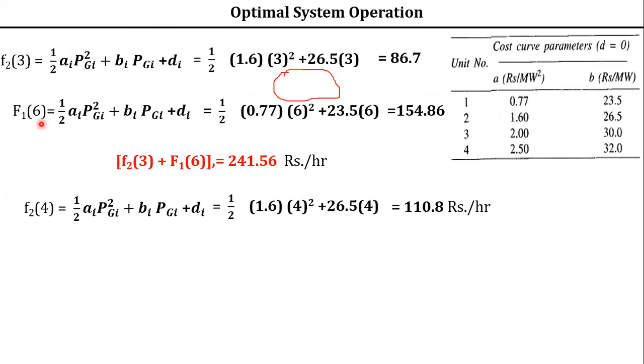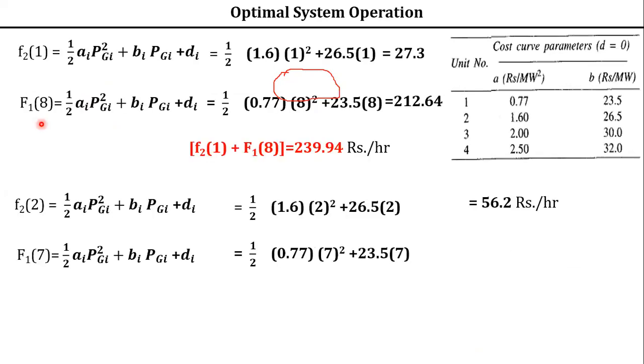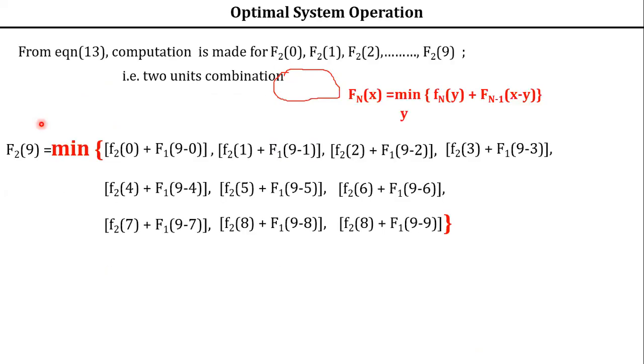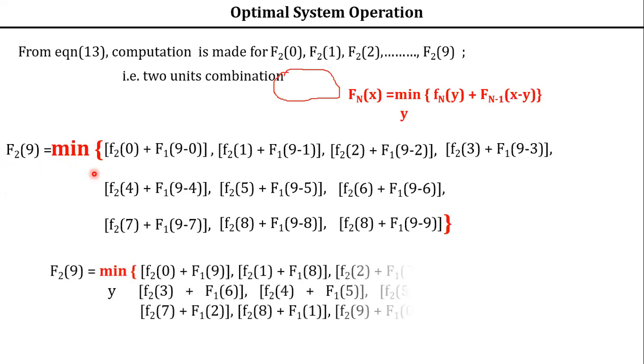Let us go back and check. What is F2 of 9? We have written it at the start. Now you see, this is F2 of 9. Where we got the minimum value, I rounded it off. In those values, it was under the fourth combination, isn't it? It was under the fourth combination. So what is the fourth combination? Here we are having it. Let us check. This is 1, 2, fourth or third combination.